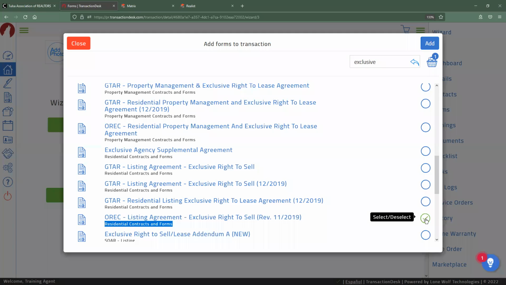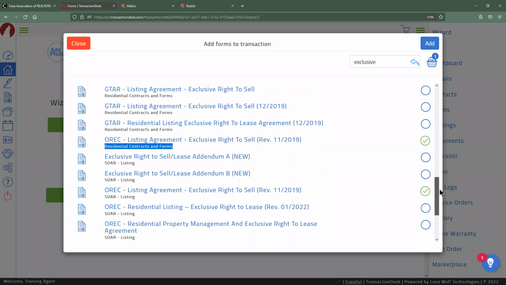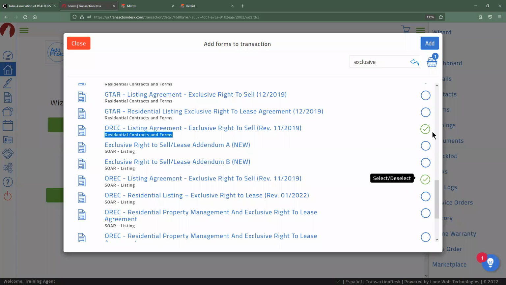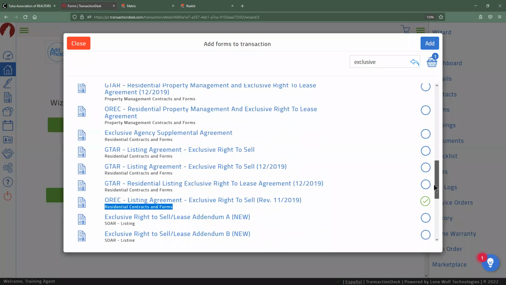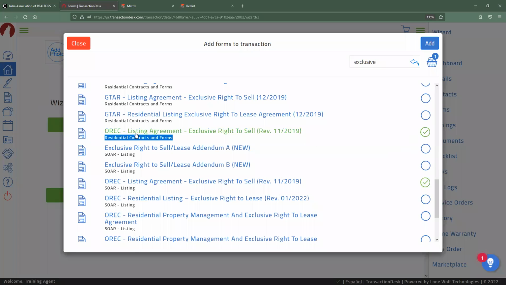When I check this checkbox, you'll notice my basket up here at the top got a number on it, indicating I have one form added. But if I scroll down on this list, I see that I actually have two checkboxes, maybe even 3 or 4 sometimes. Here's a third one. What this is indicating is that that's actually the exact same form, even though it happens to be in a separate folder. So you don't have to concern yourself too much if you check something and all of a sudden another checkbox checks. You're like, well, I don't want a duplicate of this. Just keep track of what's happening with your basket up at the top here.